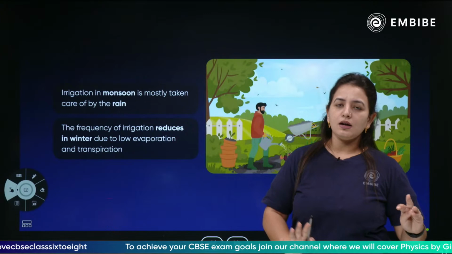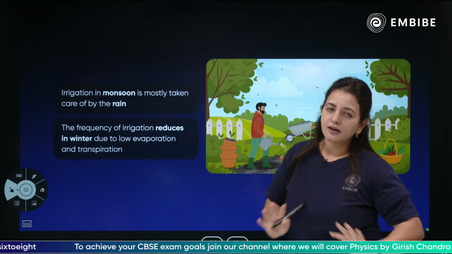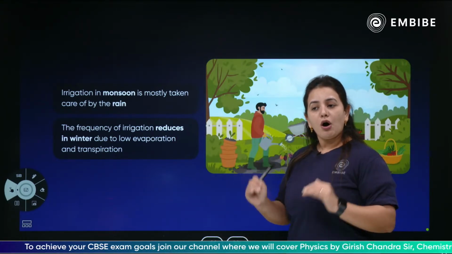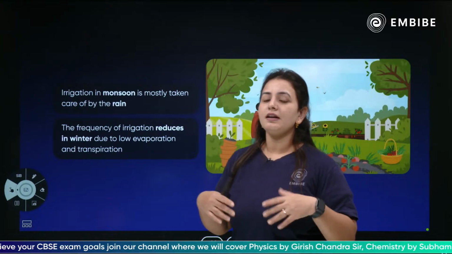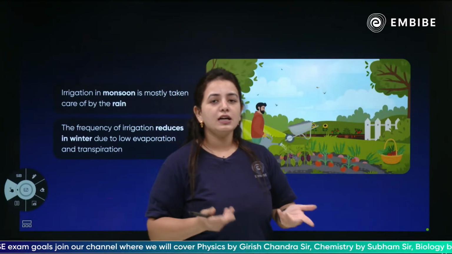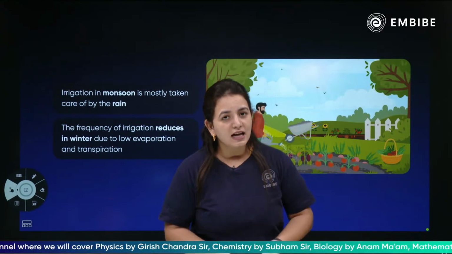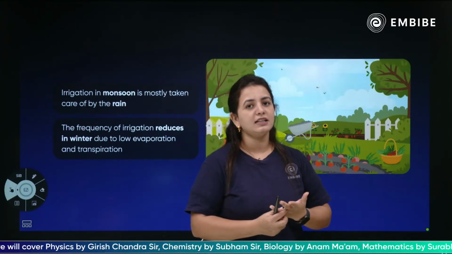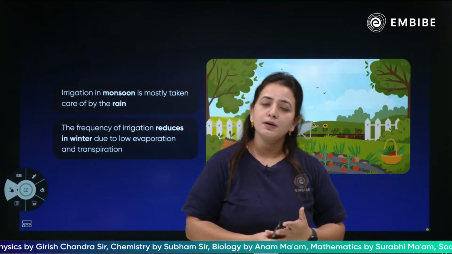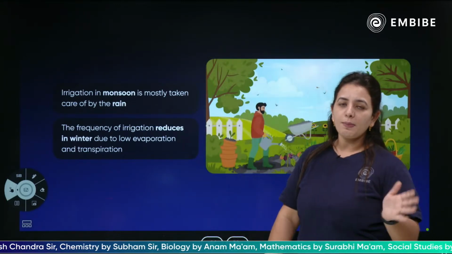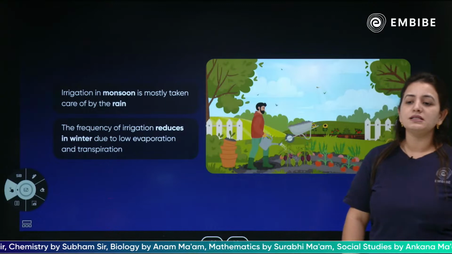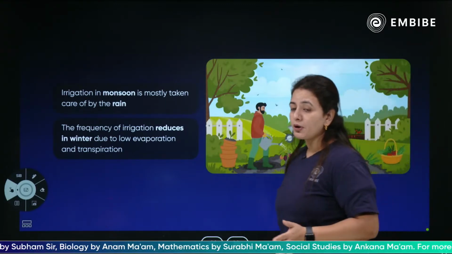बारिश के मौसम में ऑलरेडी बहुत सारा पानी मिल रहा है बारिश के थ्रू, और ठंड में, विंटर्स में इतना इवेपोरेशन नहीं होता है, इतना ज़्यादा ट्रांसपिरेशन रेट नहीं है, तो इस वजह से भी ज़्यादा इरिगेशन करने की ज़रूरत नहीं पड़ती है. OK, so in comparison to monsoon, winters and summers are always on the high priority of getting the irrigated water,